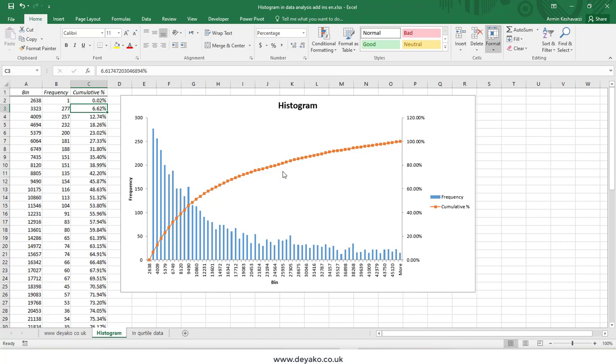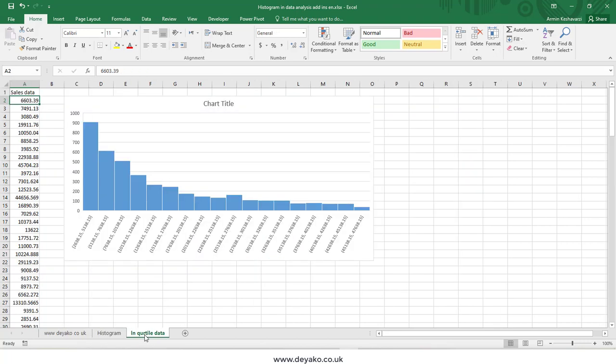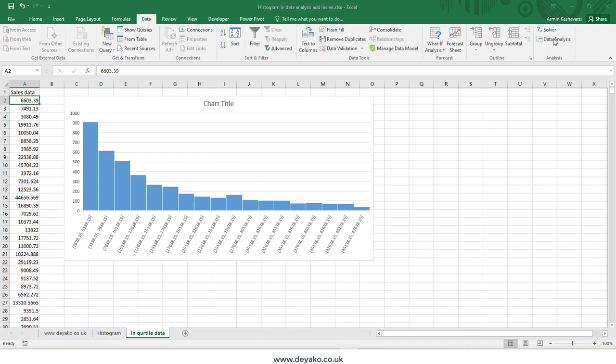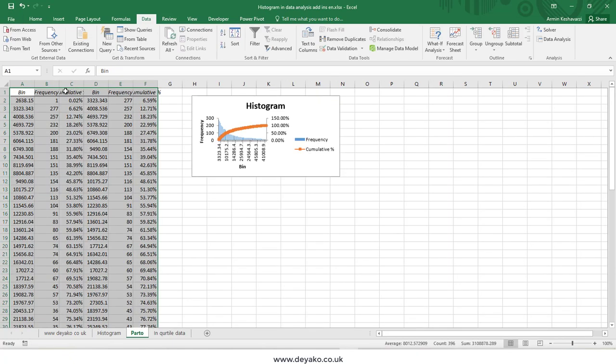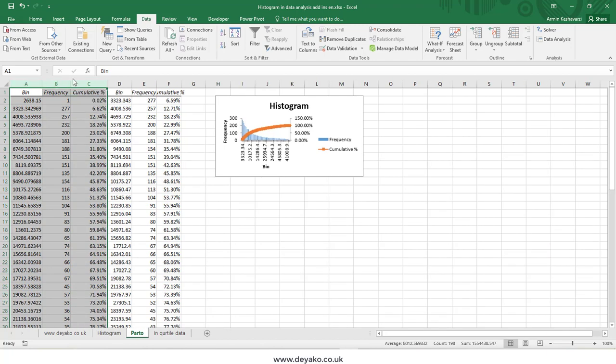For example, if you go to the data analysis tab, in my quartile data, I go to Data Analysis and select Histogram. I still have my range, and I need to change my new worksheet, for example, to Pareto, and then I checkbox the Pareto analysis. In this analysis, the Excel table will have our previous bin, frequency, and cumulative percentage,